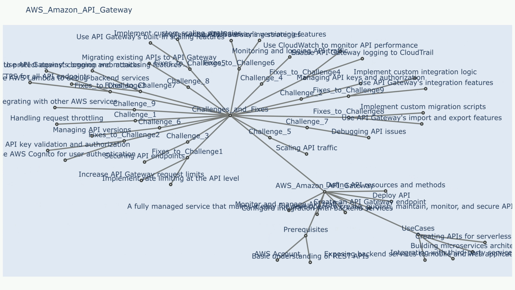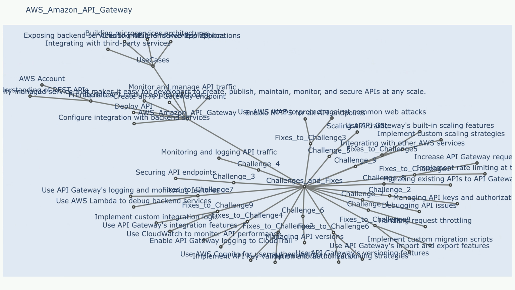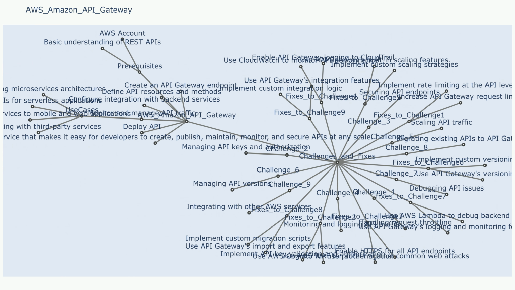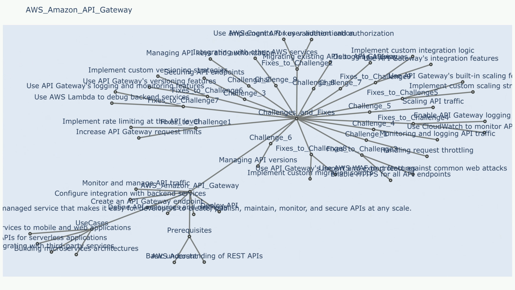Use cases: exposing backend services to mobile and web applications, creating APIs for serverless applications, building microservices architectures, integrating with third-party services. Steps: create an API gateway endpoint,